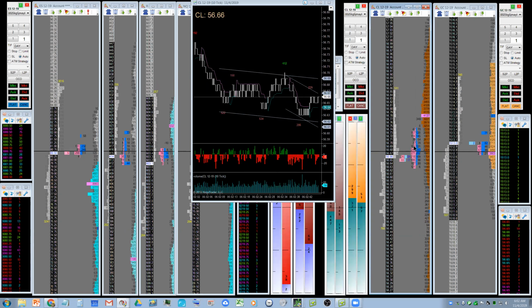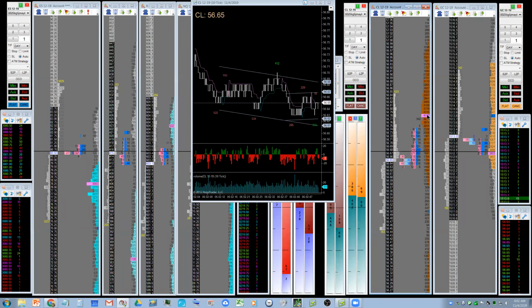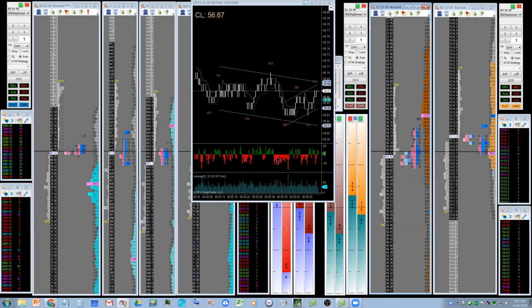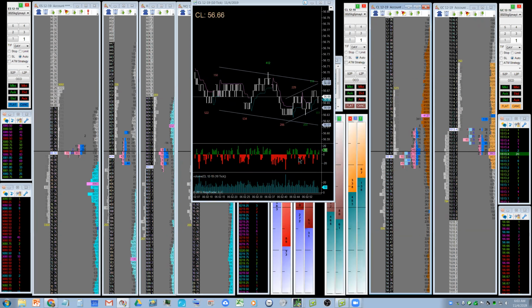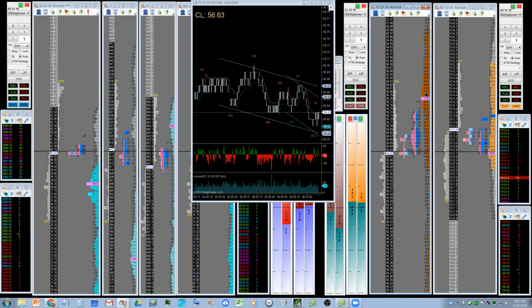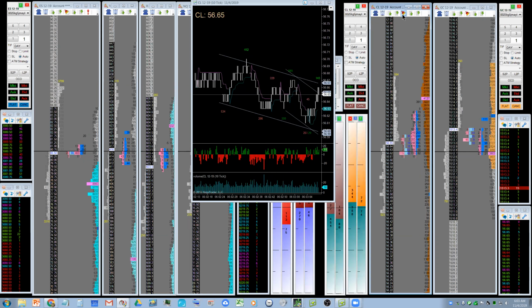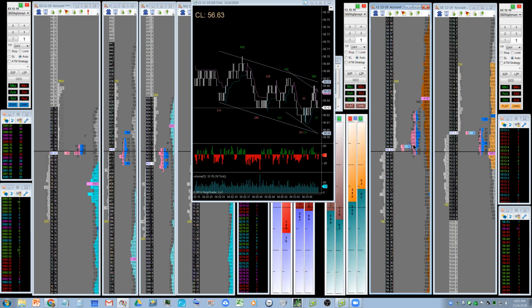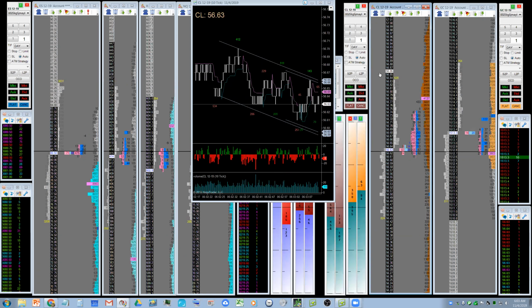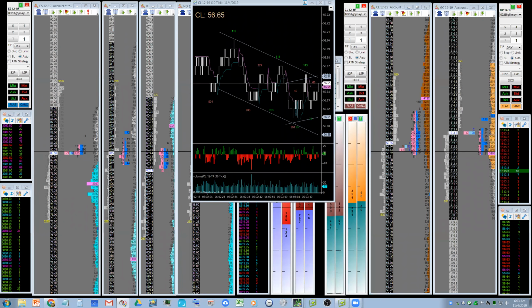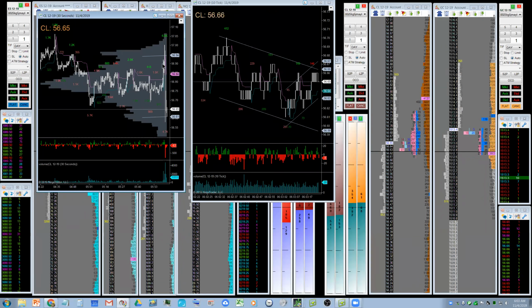I can see a node that built right there. So now that's going to act like quote unquote resistance. If we get through there, we'll probably end up at least back at the POC or maybe even retest the highs. Remember, oil likes to do this. Look at all that selling energy getting absorbed now. This would be a good place to use that term, absorption, because there was some really heavy selling down to this point. But look at that. See, it is getting energy on the buy side now. Now, that doesn't mean it's a long, but it's just a pause in that big whiff of selling we saw. And if you look at that on the 30-second interval, it looks like that. So this huge, that's why a 1 minute chart's completely useless.